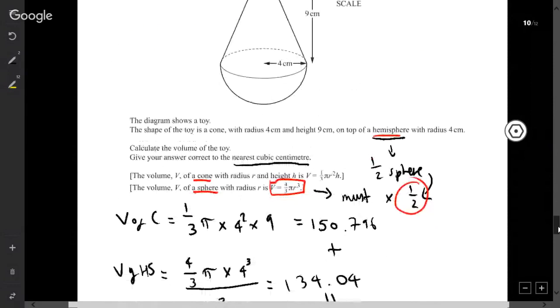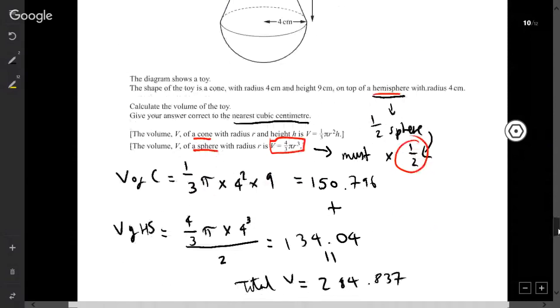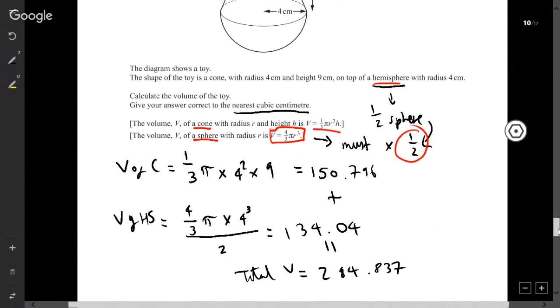So first of all, what we need to do is find the volume of a cone. Okay, so here's the equation. It's a third pi times the radius, which is 4 squared, times the height of 9, and that equals 150.796. Type it into your calculator, and then we're going to find the volume of the hemisphere, which, here we go, 4 over 3 pi times the radius, which is also 4, to the power of 3. And as we said, it's half a sphere, so we're going to divide everything by 2, and we put that into the calculator, and it becomes